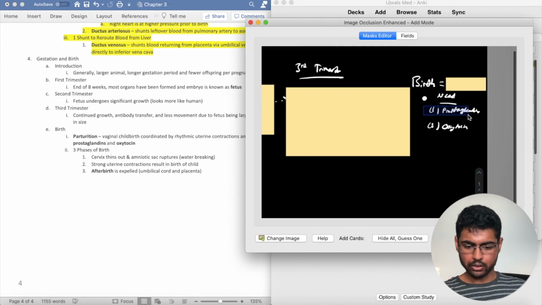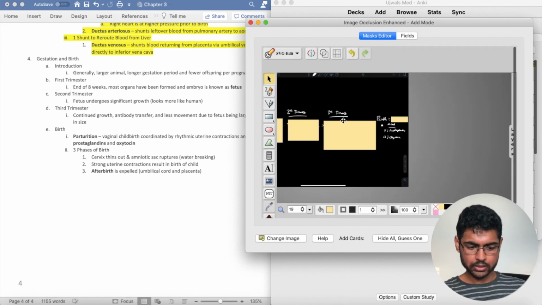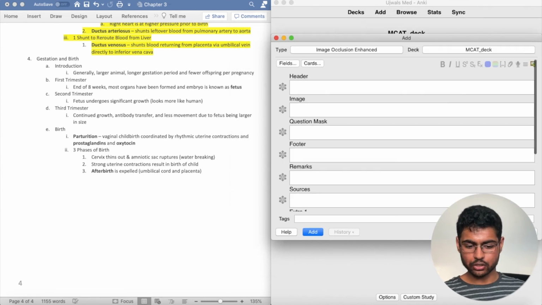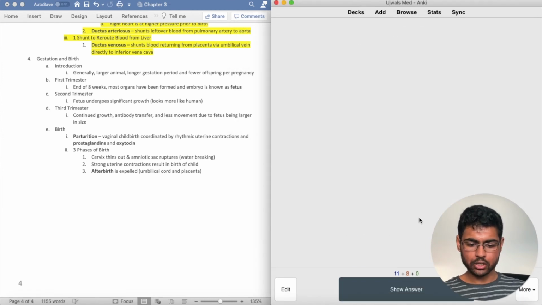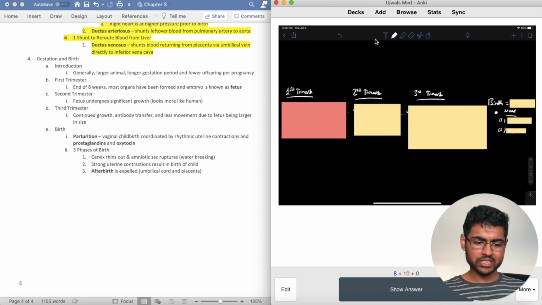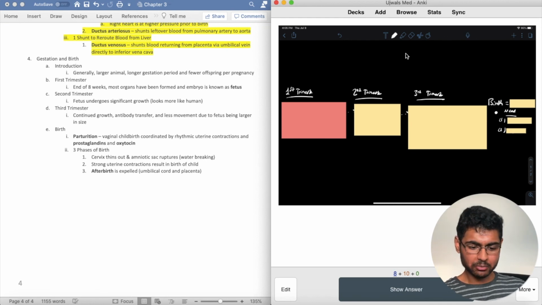I would then block off, or wait, let's click on this again, go in. I would block off prostaglandins, oxytocin, hide all, guess one, 6 cards were just added. Let's close all this off, get in here, show you how that looks. There we go. Obviously, it wouldn't look like this if I cropped it out in the beginning, but basically now